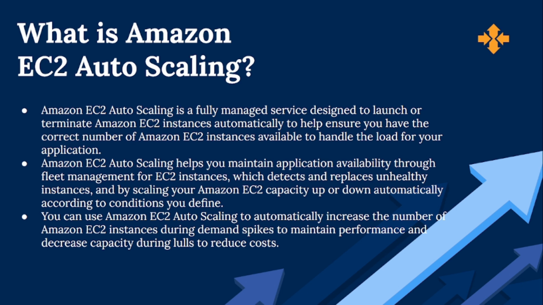Amazon EC2 Auto Scaling helps you maintain application availability through fleet management for EC2 instances, which detects and replaces unhealthy instances. And by scaling your Amazon EC2 capacity up or down automatically according to conditions you define. You can use Amazon EC2 Auto Scaling to automatically increase the number of Amazon EC2 instances during demand spikes to maintain performance and decrease capacity during lulls to reduce costs. So the next question is,